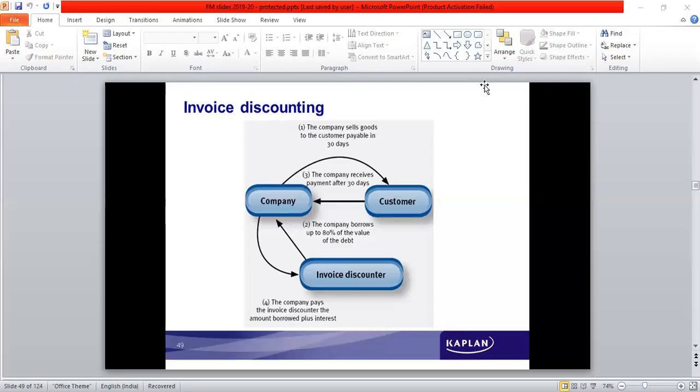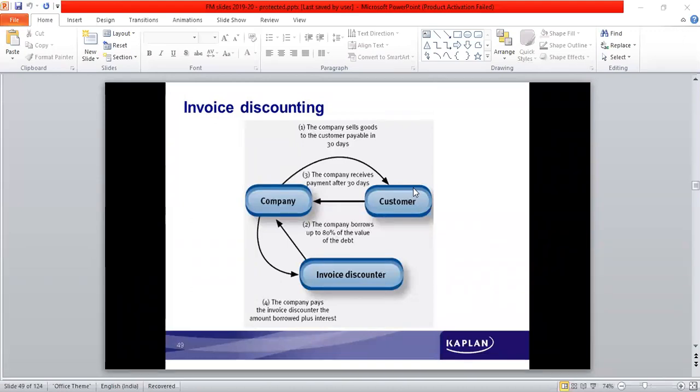When a credit sale is made, the company is selling goods to the customer. As against the sale, an invoice is issued to the customer. When the invoice is presented on the due date after the credit period expires, the customer has to pay the amount. The buyer has to pay, or the seller will collect the amount from the buyer. But during the credit period there is a problem in terms of liquidity. That is what we've discussed.